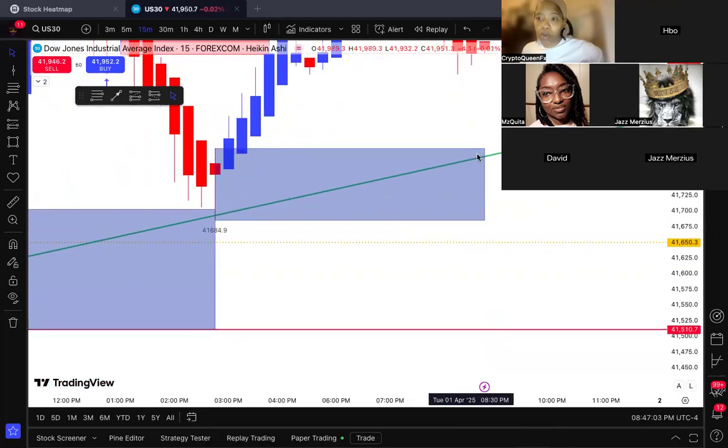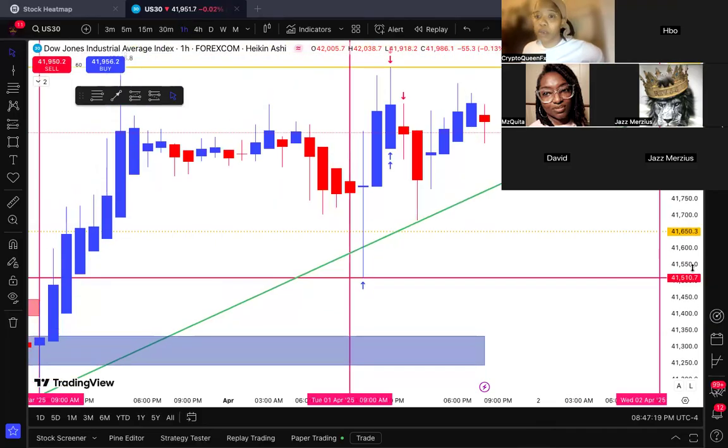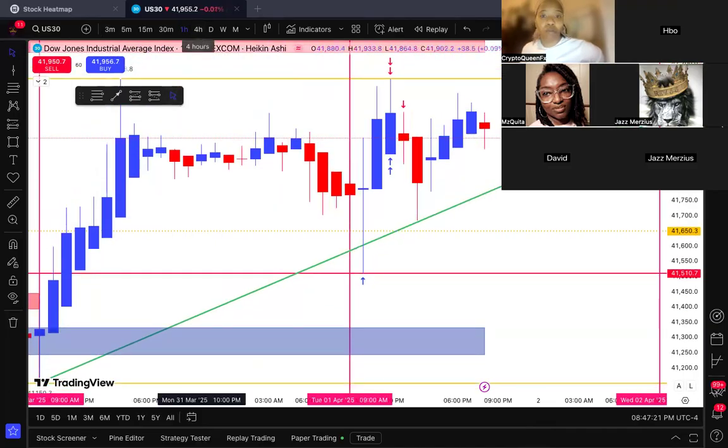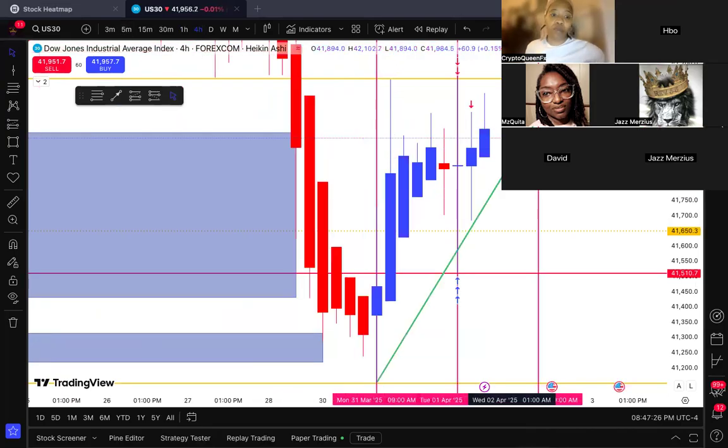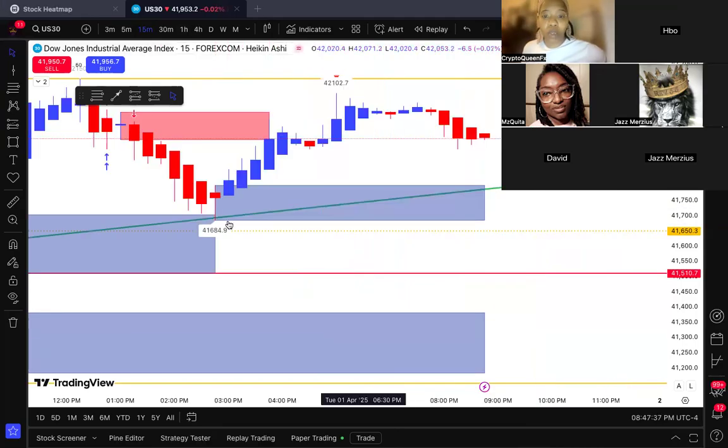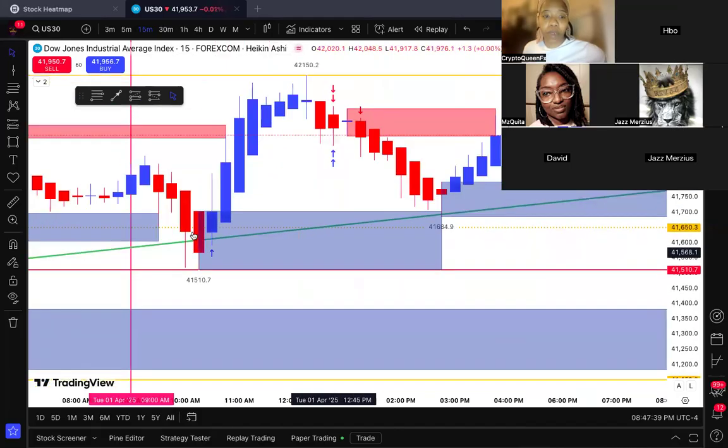So probably around here, it's going to come back down. Looking like my trend line is crossing right around 41.8. That's probably going to be my entry when it wicks below the trend line. As it's wicking to the trend line, you'll see it hit the trend line on a 4 hour, I mean on a 15 minute. So you see